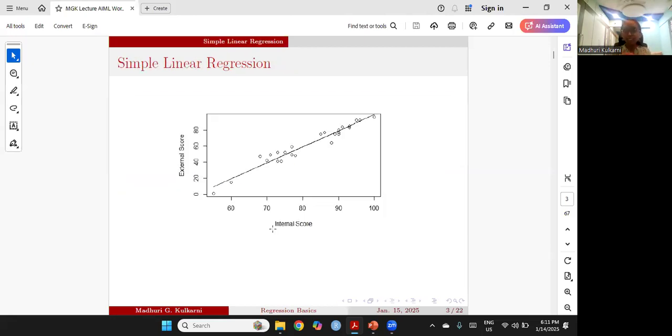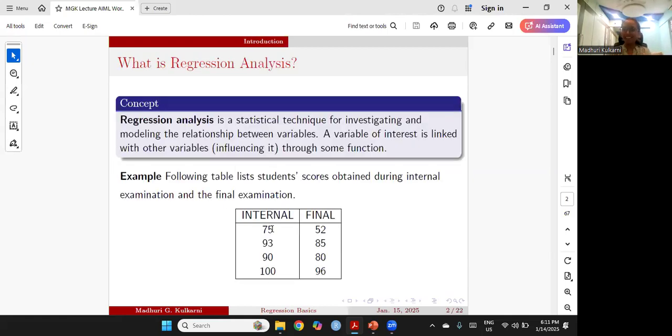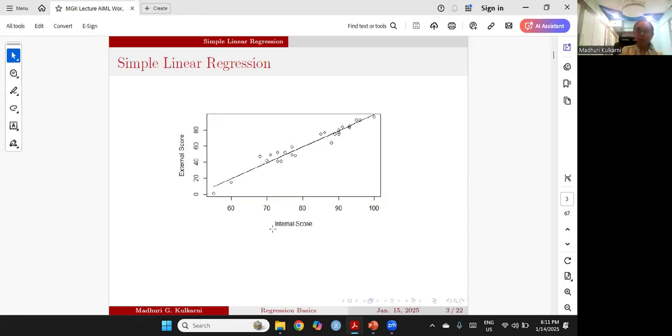So now how do we decide whether we should go for a linear regression model or not? What I have done here, this is real data, by the way. This data is not fabricated or textbook data. This data is from a subject which I had taught a long time back, and the scores I had retained. I have removed the student details, but these are real scores. Now how do we decide whether we should go for a linear regression model or not?